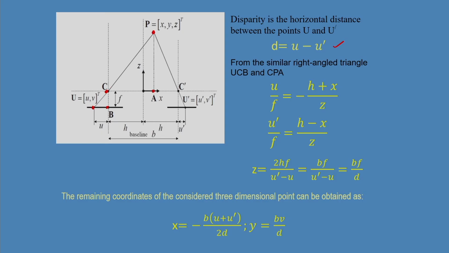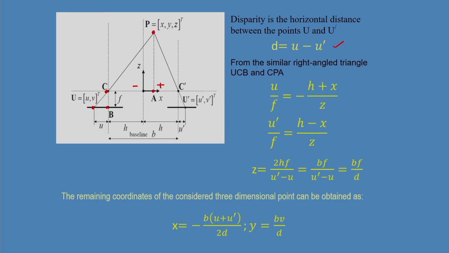Two right angle triangles, and corresponding to the point the coordinate is (x, y, z). Suppose this side is positive x and the left side is negative x corresponding to this point. If I consider these two triangles, one is CUB and another one is CPA,